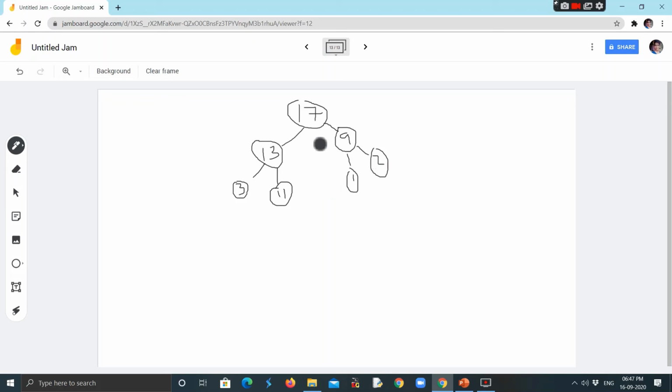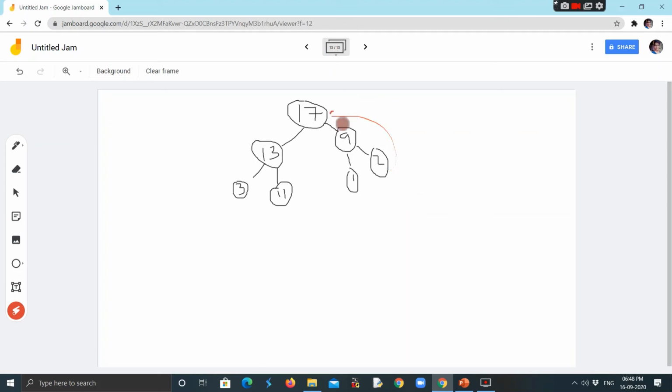Once again we'll take the topmost root node element and exchange it with the last element, which here is 2. The format we follow is very important. You should remember root node, left, right. So 17, 13, 9, 3, 11, 1, 2. So this is the format. 2 is the last element.